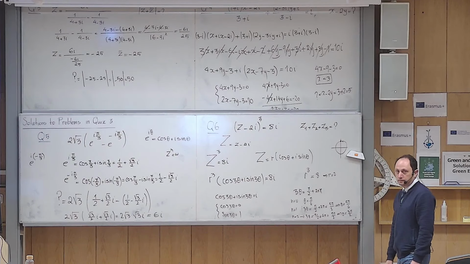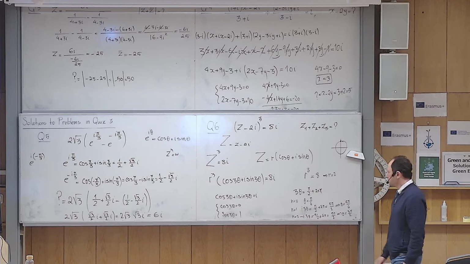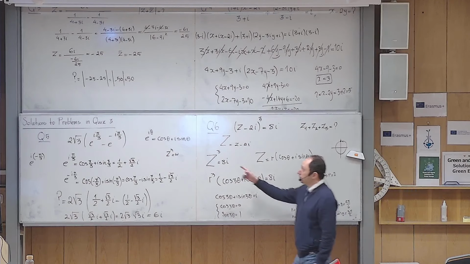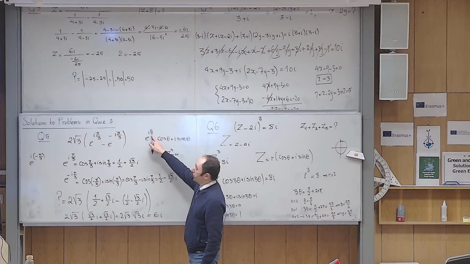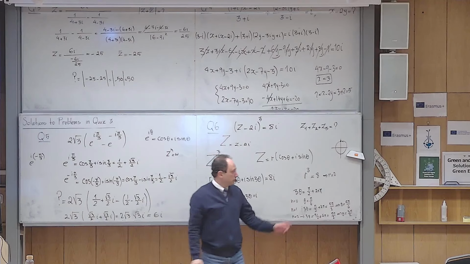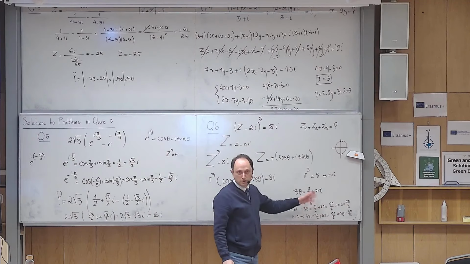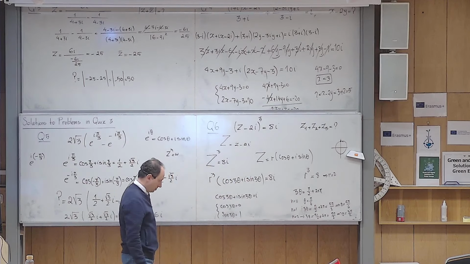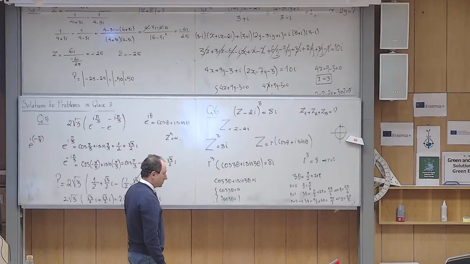Yes? What is the answer in degrees? Are you allowed to do degrees? In degrees, yes. In this problem, you can do it in degrees. In that case, you have to write 90 degrees plus, for this one, yes, but for this one, no. For this one, theta has to be in radians. If you don't like this one, in this case, you can just use that. If you told me in the beginning, I could switch to degrees. But anyway,